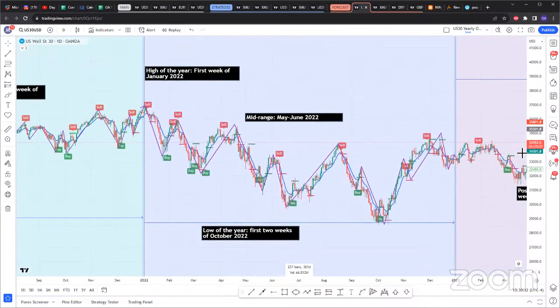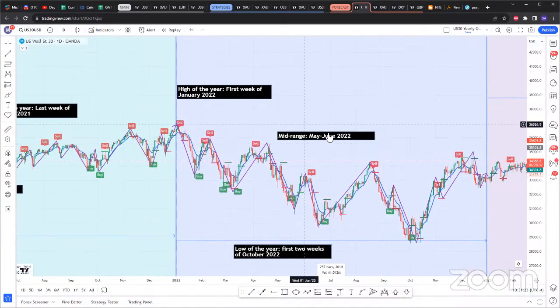Then what you're looking for is to draw these zigzags, from a buy to a sell, or from a low area to a high. That's going to form those zigzags. After those zigzags are formed, identify the high of the year and the low of the year. Then the next thing you'll do is divide the number of months between the high and low of the year by 2. What that will give you is this mid-range.